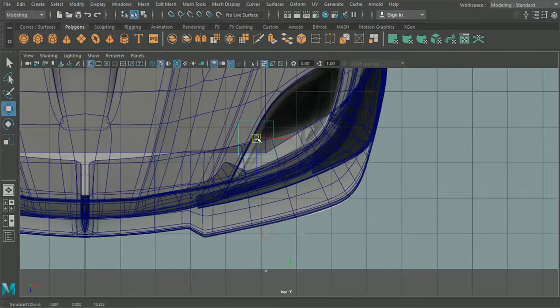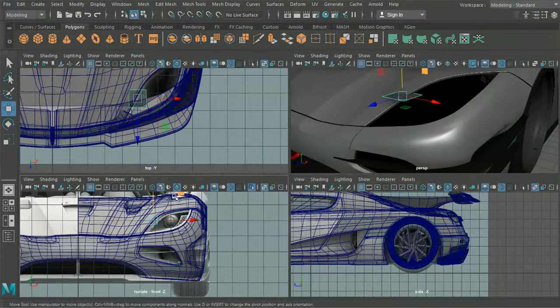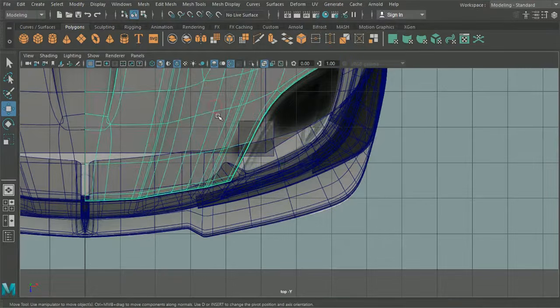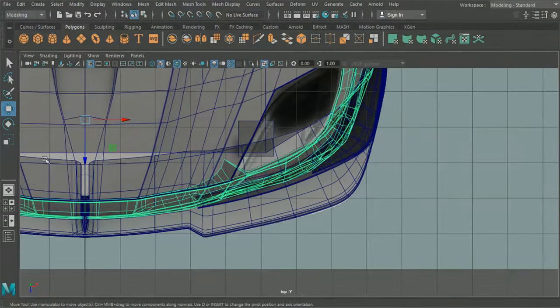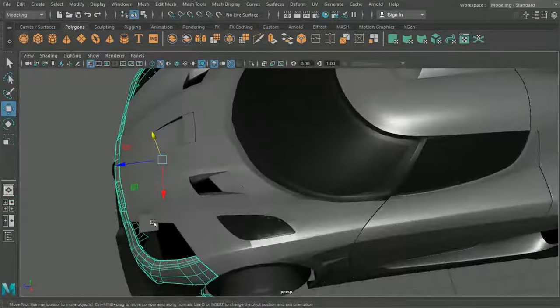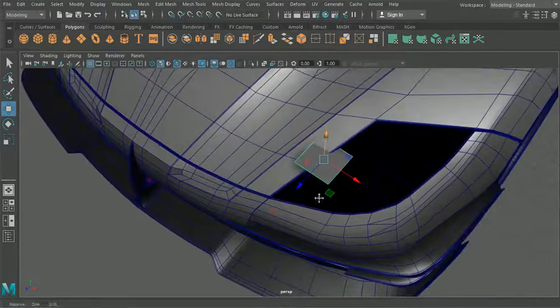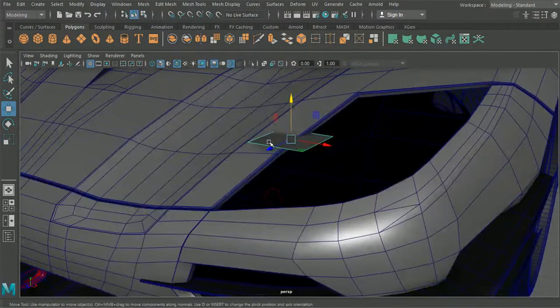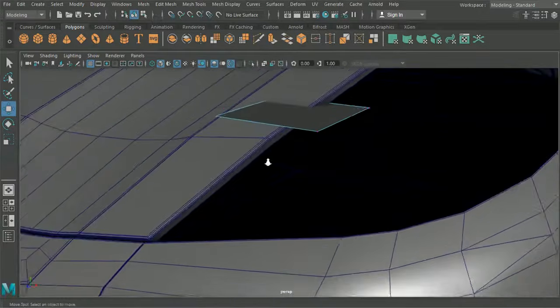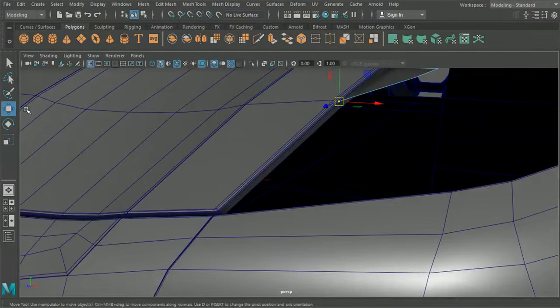And we'll just pull that roughly into position up here and up here. So what we're going to want to do is remove our smoothing elements from here, because essentially what we're going to want is we are going to want this to reflect the same geometry that we have on the outside here. So firstly what we'll want to do is grab the vertices here, and we will snap to the innermost point. Now let me just open up my reference here